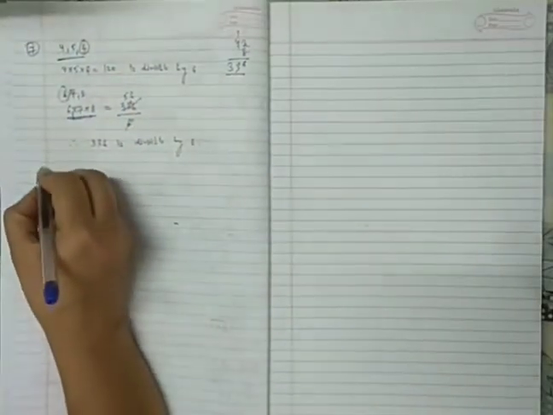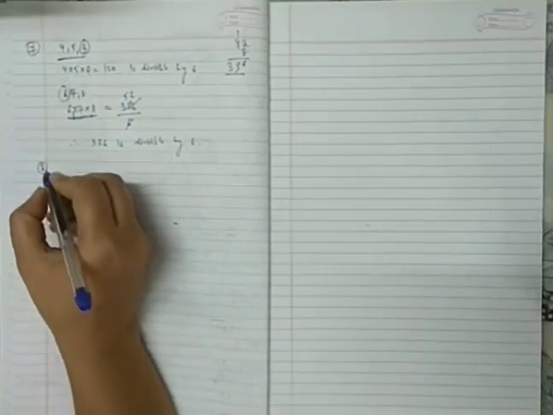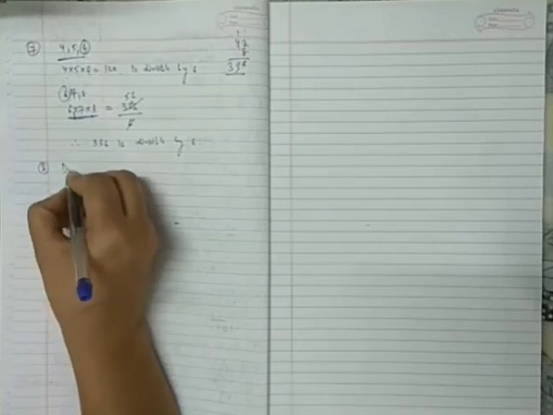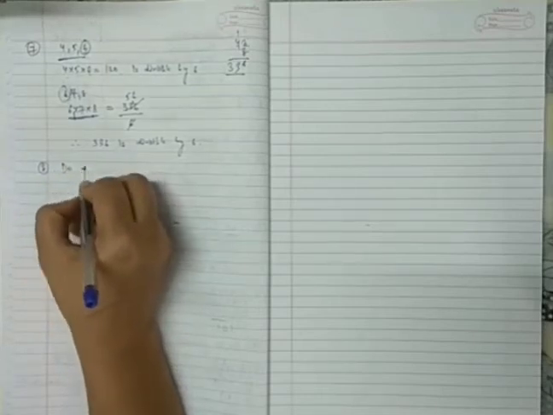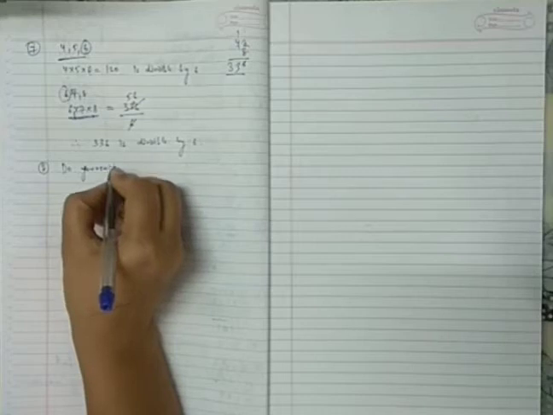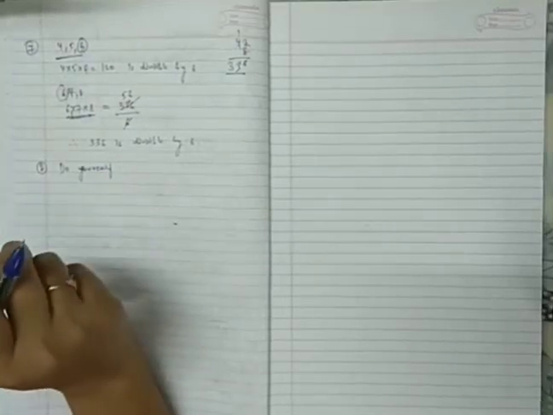The sum of two consecutive odd numbers is divisible by 4. Verify this statement with help of some examples. So this question is also similar to question number 7. You take 2 or 3 examples and verify whether this statement is true or not, is valid or not. So question number 8, you do it yourself. Any doubts, ask me in the doubt clearing session.